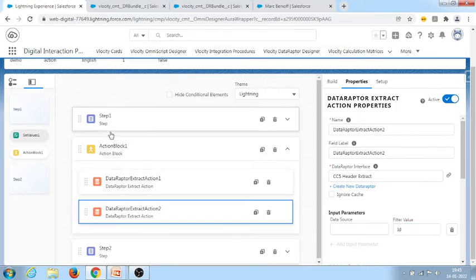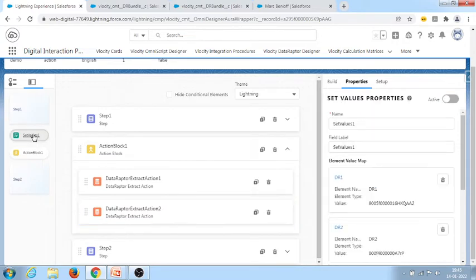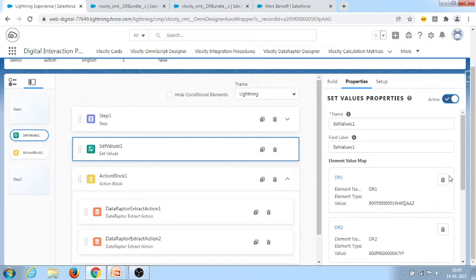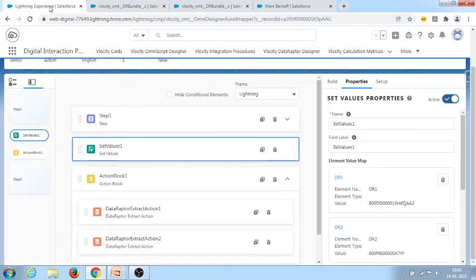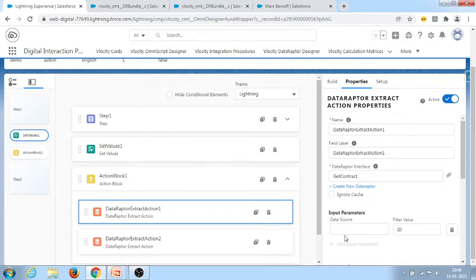I have already created a set values where I am storing the IDs of DR1 and DR2, the ID of the contract and the ID of the other contract. I'm passing these to the data raptors, so it will be executed with whatever I have passed here. If you want to see how we pass the data raptor inputs, you can see my previous video.